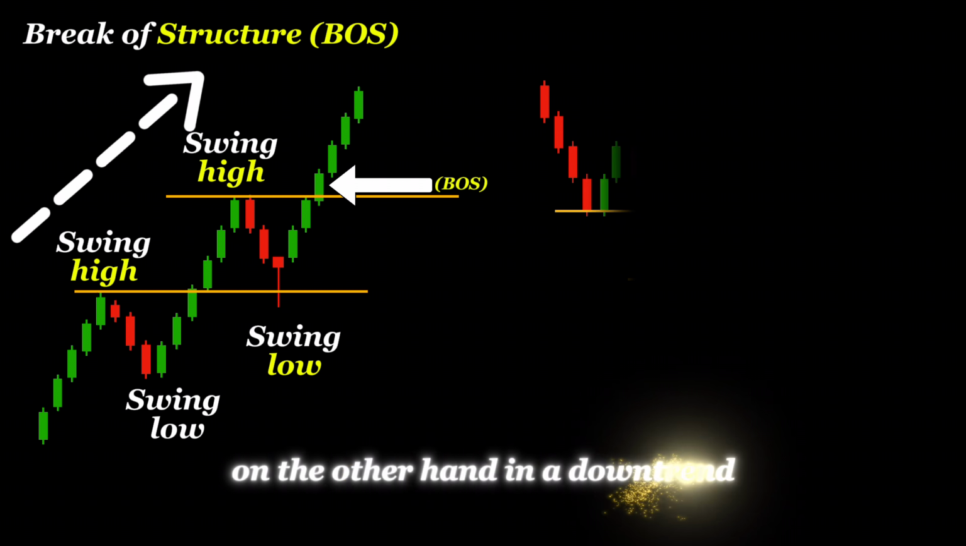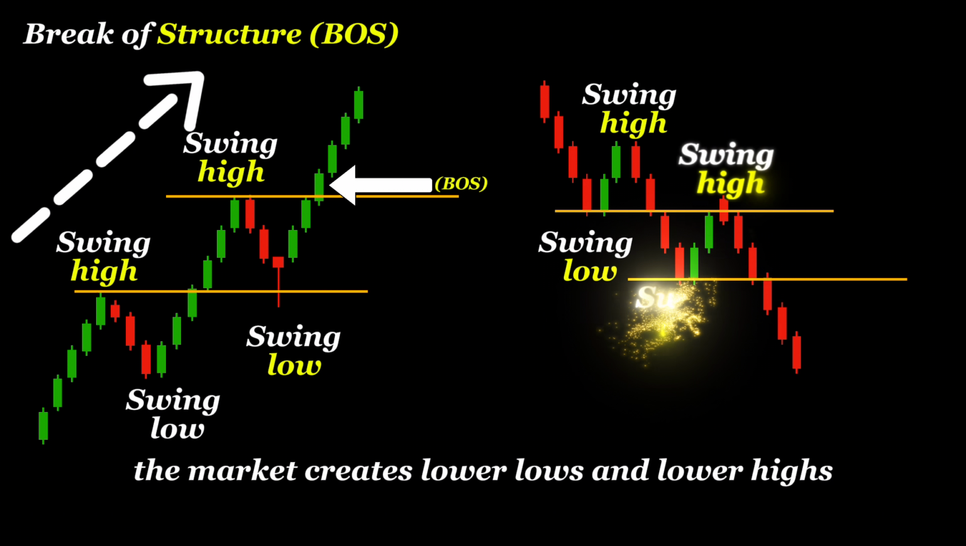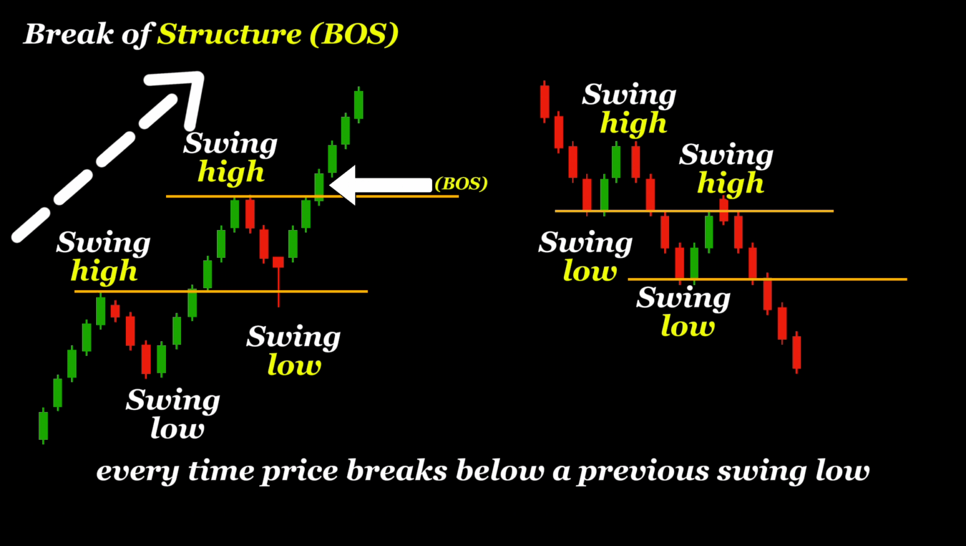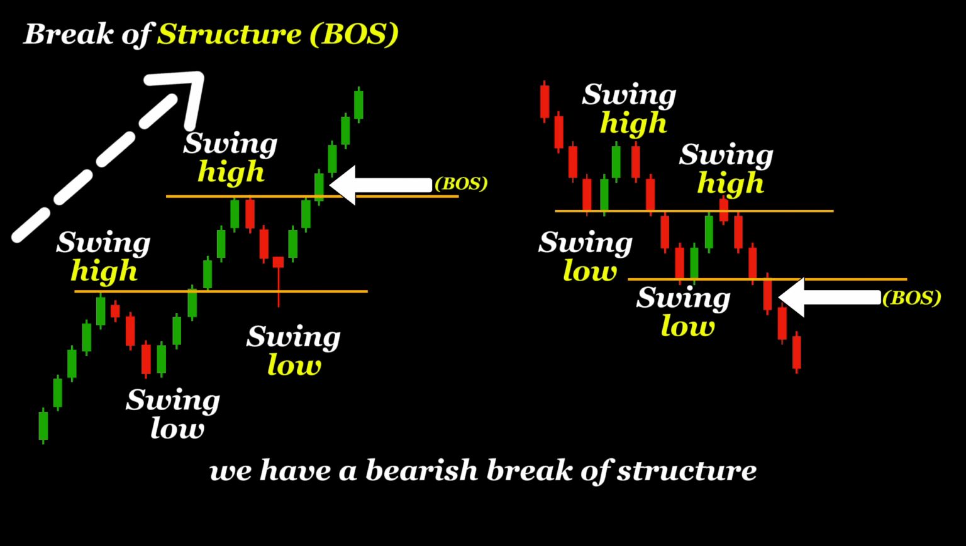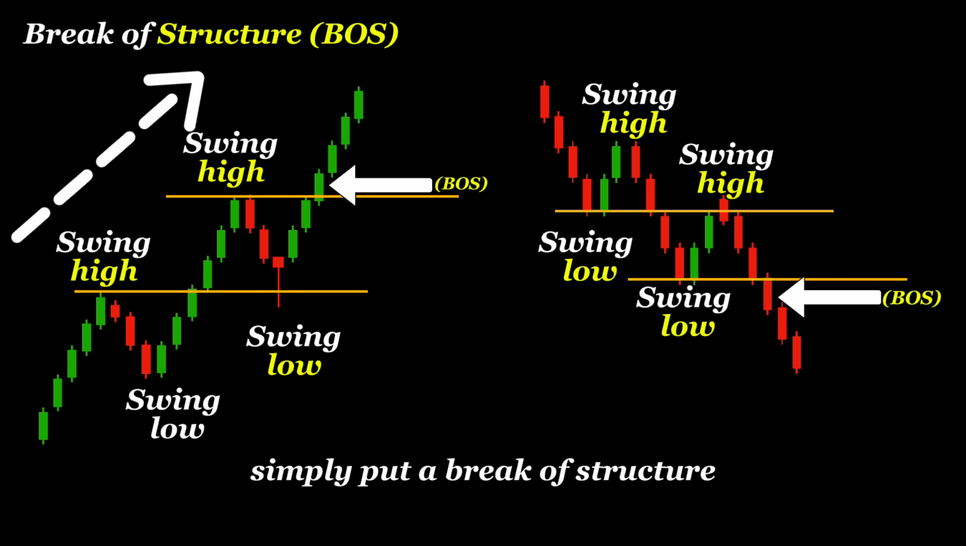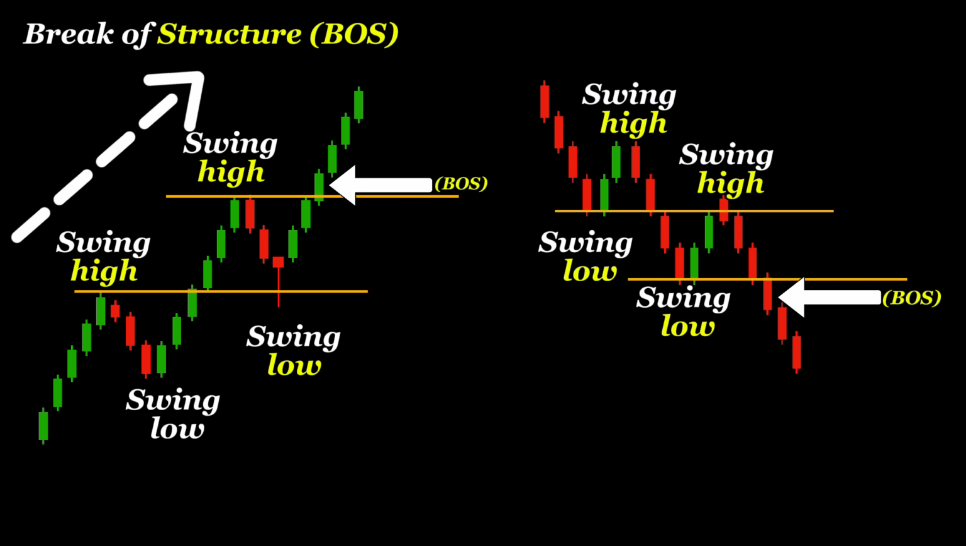of structure. On the other hand, in a downtrend, the market creates lower lows and lower highs. Every time price breaks below a previous swing low and creates a new lower low, we have a bearish break of structure. Simply put, a break of structure tells us that the current trend is still healthy and likely to